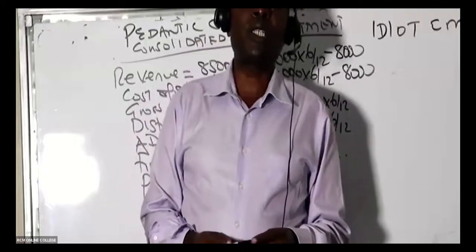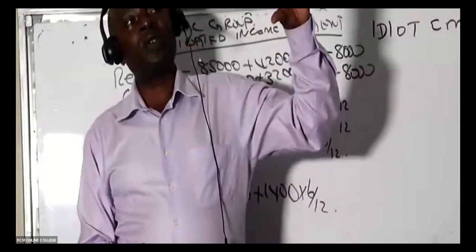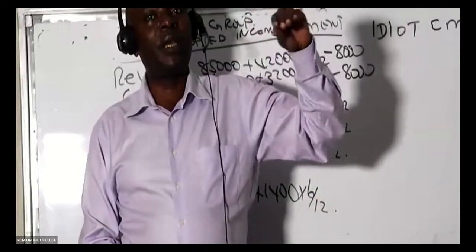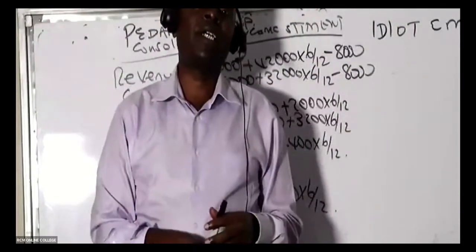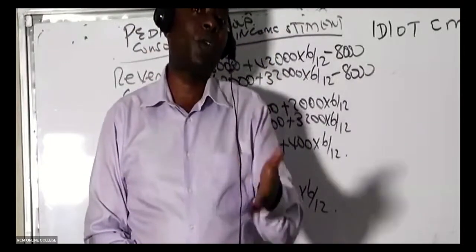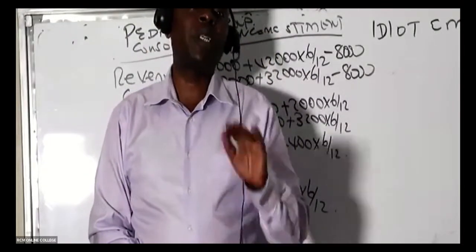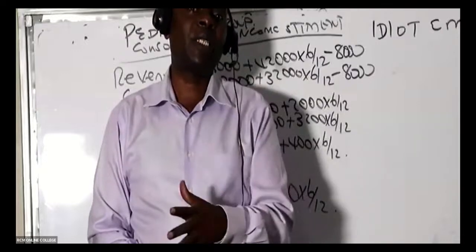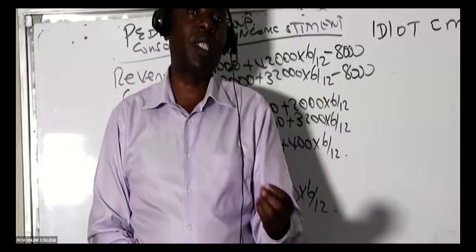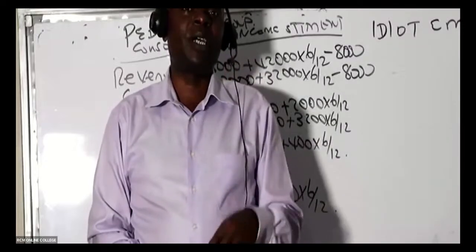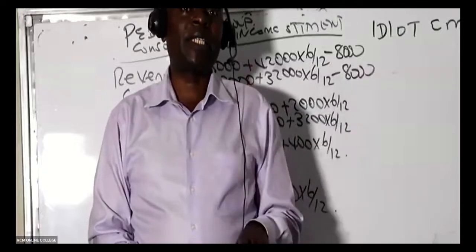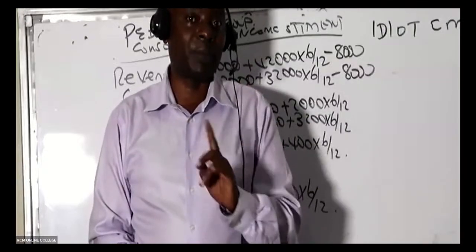Why group cost of sales? Because Sophistic has booked this 8,000 as a sale. On the other side of the coin, we have another company, Pedantic, saying I bought, I purchased. And purchases are normally found under cost of sales. To get cost of sales, we take opening stock plus purchases minus closing stock. So purchases is well within cost of sales. Whenever there is a fake sale, a sale within the group, that has to be subtracted.